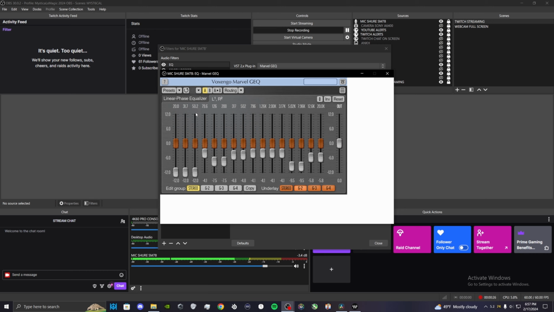Alright, so 60 to 90 hertz, but you know, 60 range and under is like background noise, low end noise, so you just want to roll that off. 100 to 200 is like boomy or faint, so we knock that off.